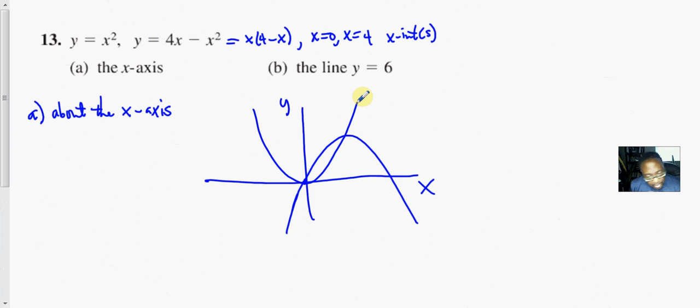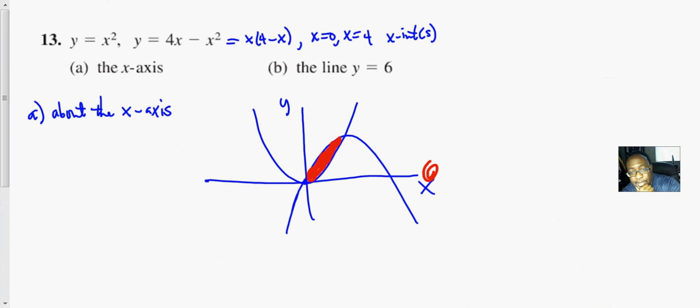So the part that you want is what I call the moon, a red moon. All right. So now it says you want to rotate this about the x-axis,